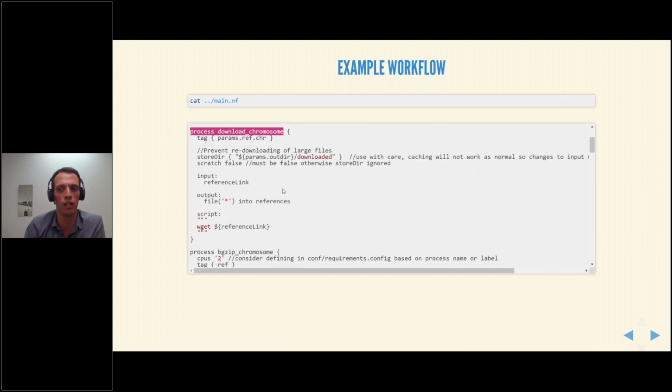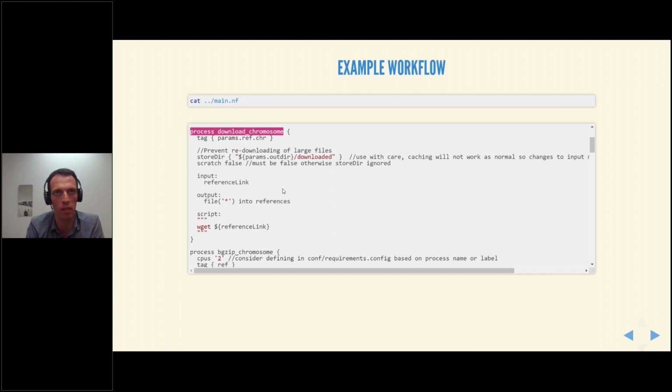Generally, you rely on Nextflow for placing the data and the script in separate directories. So it's generally not good practice to try and force the files into a specific structure.